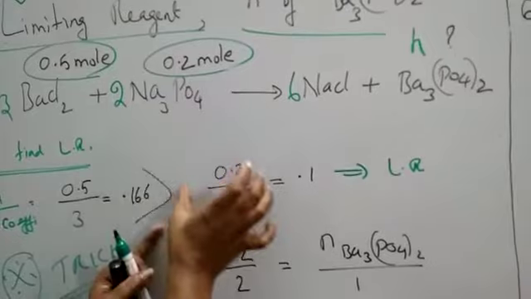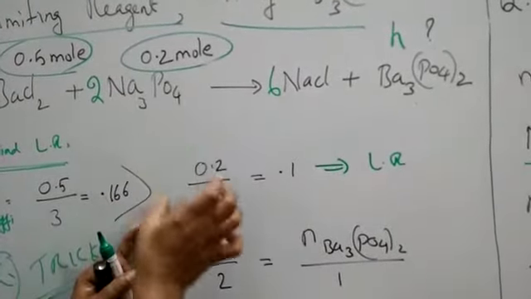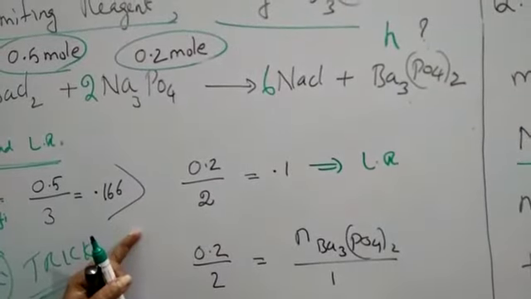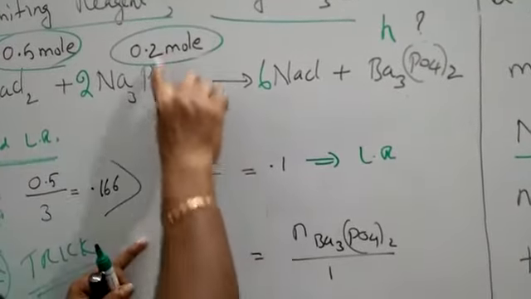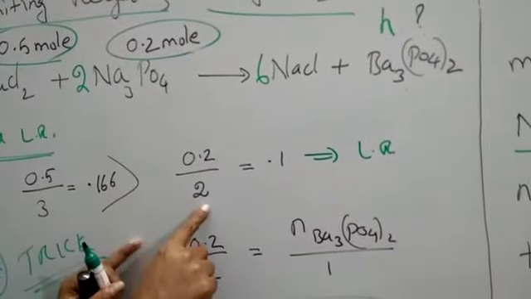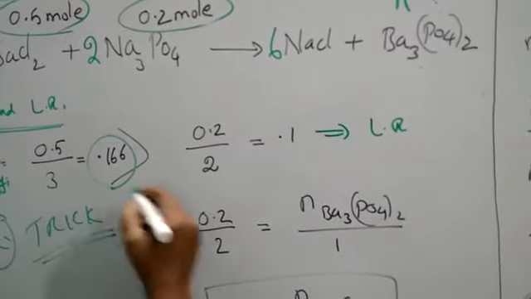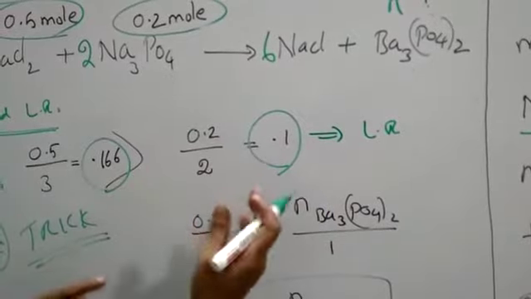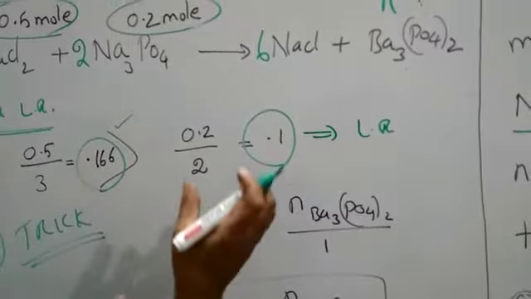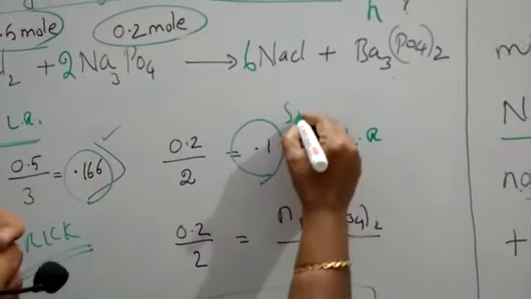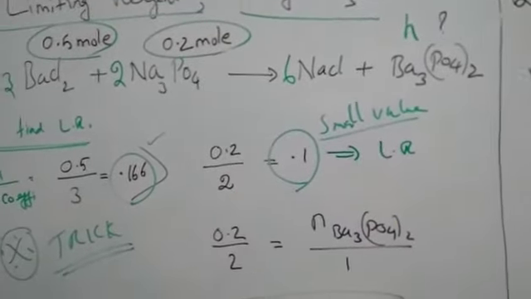Then I am going to do it here. If you write it straight away, there may not be any confusion, and you can do it easily. So my important instruction is to do rough work neatly in the examination hall. Now for sodium phosphate, number of moles is 0.2, stoichiometry 2, getting cancelled, 0.1. Now you compare this value and this one, which is smaller. I have written here, you can see 0.166 is greater than this. So this is smaller. Whichever you get as the smaller value is called the limiting reagent.